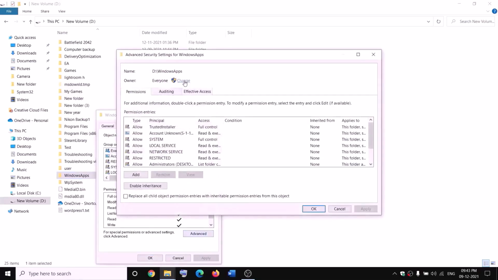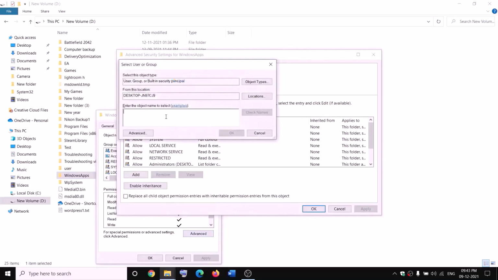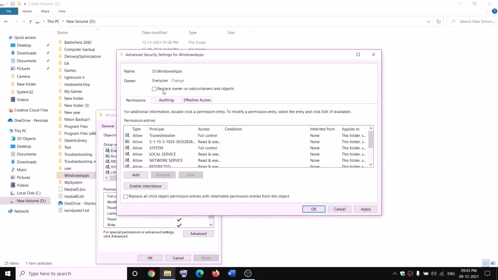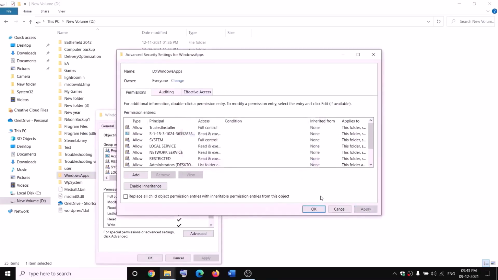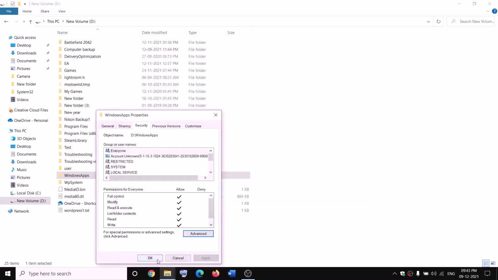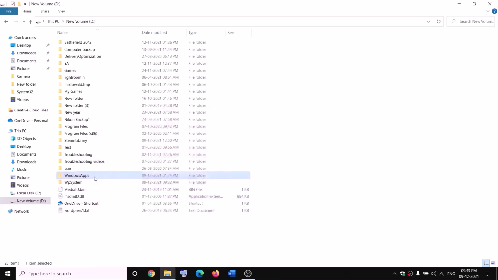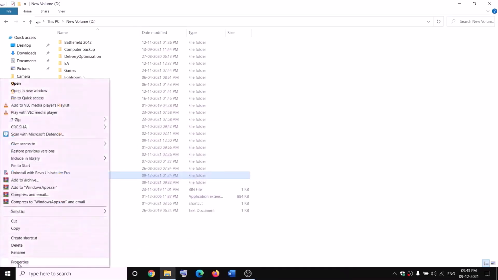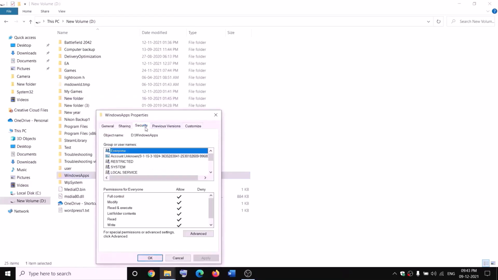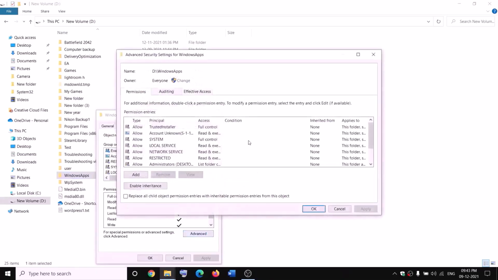Now click on change over here, type in Everyone in the box. Now click on check names, then click on OK. Now put a check on the box which says replace owner on subcontainers and objects and then click on apply. OK, OK, again OK. Again make a right click on WindowsApps, select properties, security tab, advanced, and this time